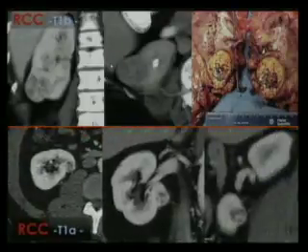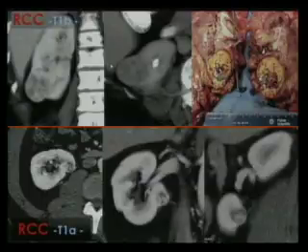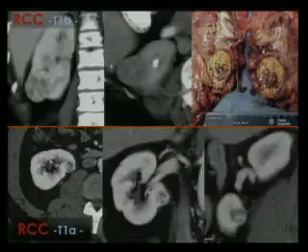Renal cell carcinoma T1B, we said, is between 4 to 7. This was a clear cell in the inferior pole of the right kidney. Nephrographic and delayed phases are showing a very vascular tumor, well defined without compromise of the perinephric fat, renal cell carcinoma. Another example, T1A, less than 4 centimeters, similar imaging pattern, well defined, confined to the kidney, minimal fat stranding,